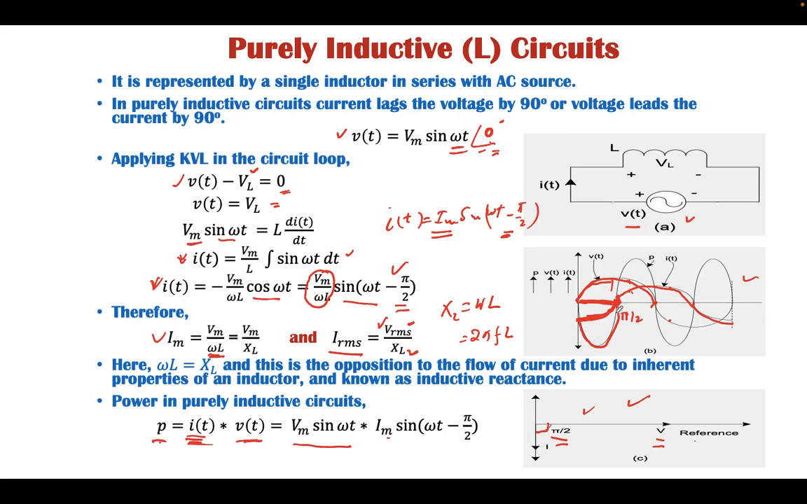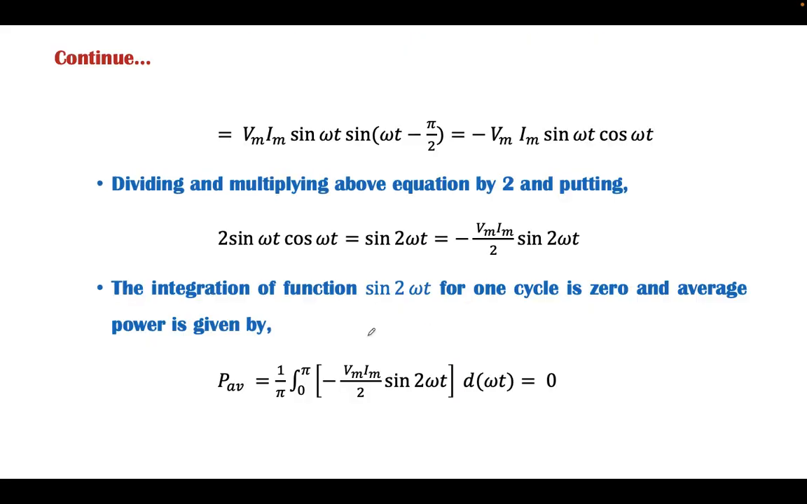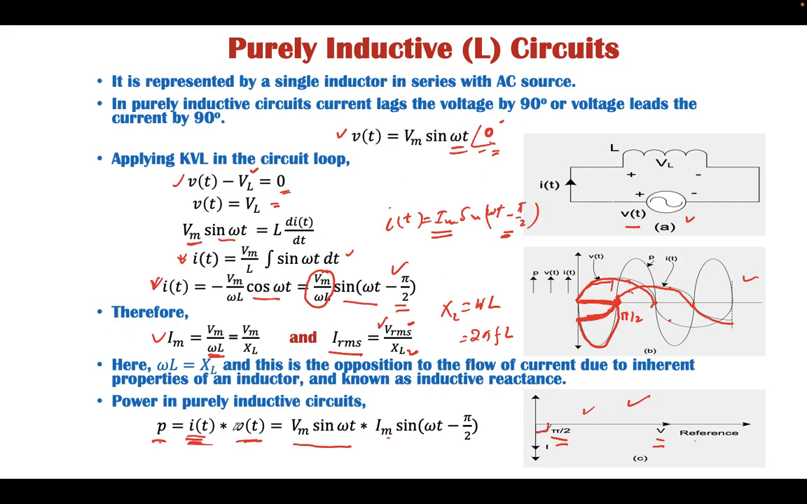However, if we take the average of this cycle, the resultant average power in this inductive circuit, from this observation we can say the positive and negative cycles are equal and hence cancel each other. Hence we can say the average power for this purely inductive circuit is 0, and this can be proved mathematically. Here we are simplifying this function, integrating from 0 to pi or 2 pi,